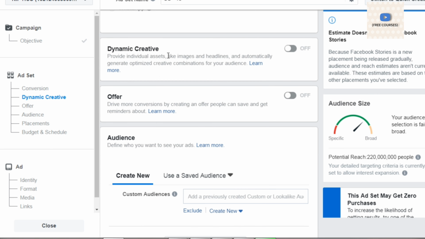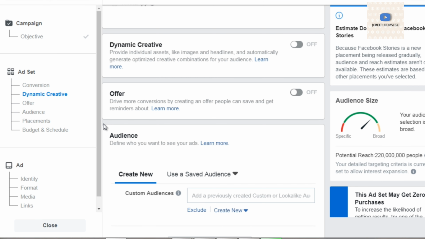Now, what dynamic creative is, it says provide individual assets like images, headlines, and it'll automatically optimize. So in layman's terms, let's say, for example, that you upload in the ad 3 different images, 3 different texts, 3 different headlines, and 3 different call to actions. What Facebook is going to do is create all different variations of those combinations.